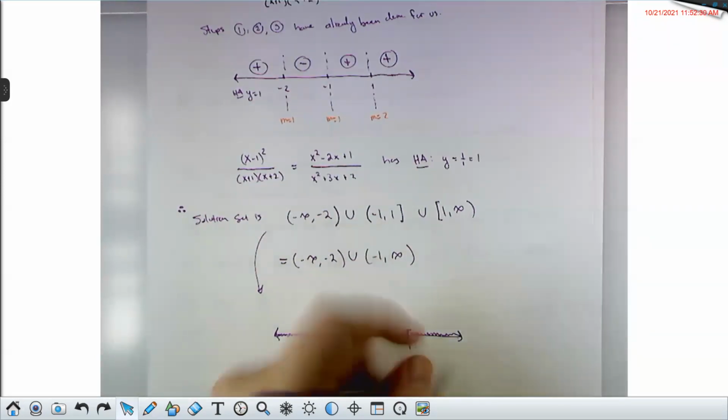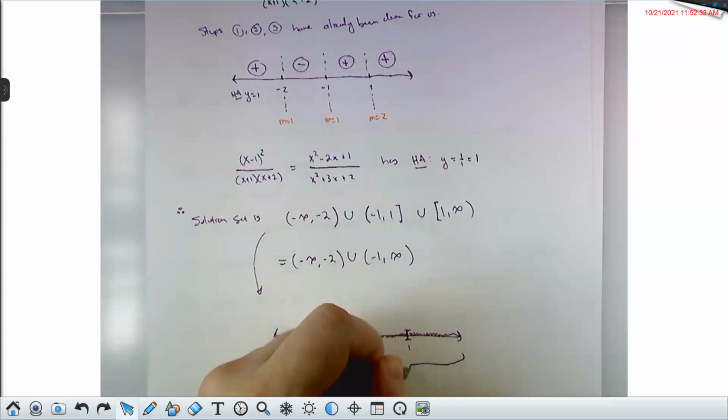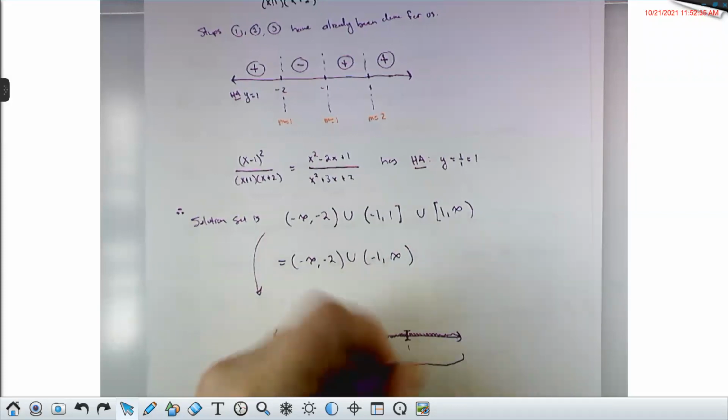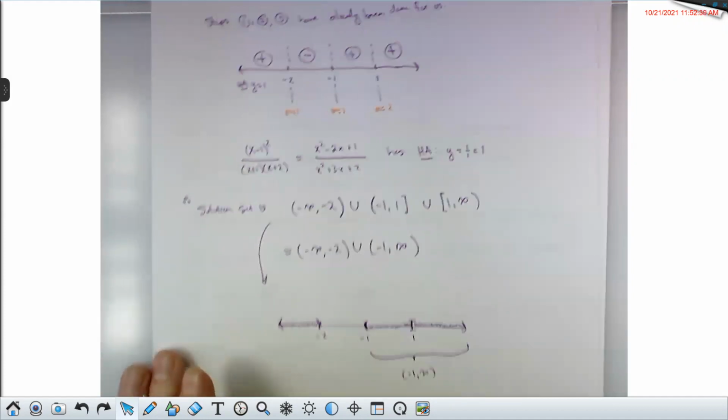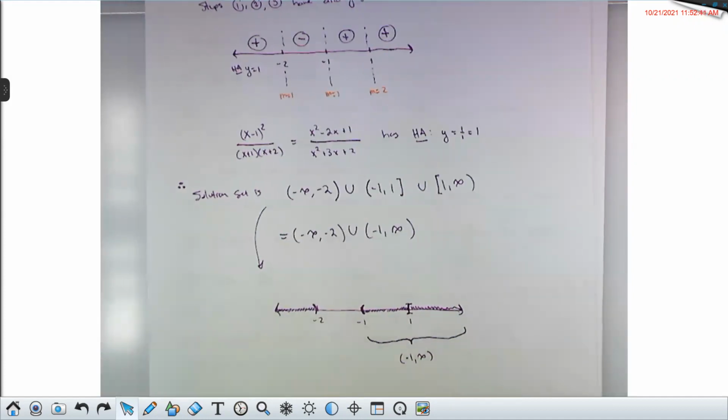So this interval here is actually the same thing as -1 to infinity like this. Okay, and if it was not included, you wouldn't be able to do that. Correct, yeah. If these were both parentheses right here, then 1 is not a part of this guy, not a part of this guy. So when you union them, 1 still wouldn't be a part. Okay, thank you. Yeah, of course.